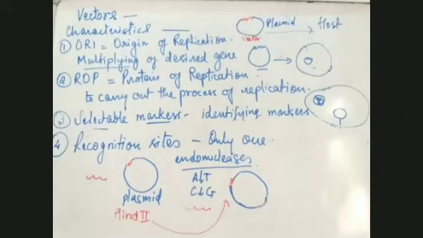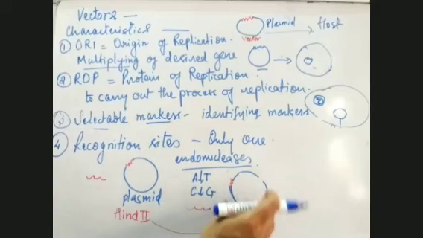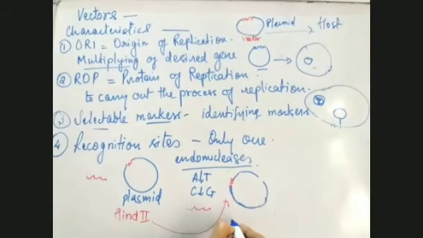But if recognition sites are more than one, say this one for E. coli, EcoRI, then what will happen? EcoRI will act here. One more cut will be formed. Then this plasmid will get destroyed. It will cut into fragments, and then it will not be able to carry our desired gene into the host. That is why there should be just one recognition site, so that only one cut is formed where we can insert our desired gene.